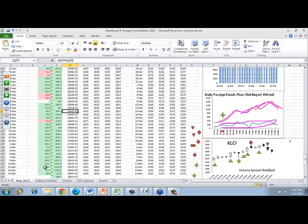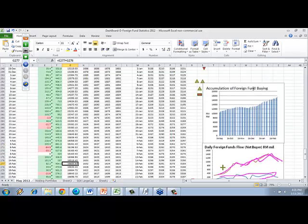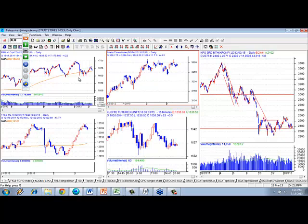Since February, all green, with the exception of 20th of February, every day has been a buy day, going as far back as January. Another better way to see this: since December and January, you can see the accumulation of foreign funds going higher and higher. So for emerging markets, Malaysia is relatively very bullish. However, sentimentally, the market is breaking down. Foreign funds and smart money are accumulating high quality stocks, which tells you there is no market breadth, meaning a few shares will do very well. So you have to do very well on picking those shares, and the rest of the market, your second liners or penny shares, will not do as well. That's my key message here. Foreign funds will support some of the high quality blue chip stocks, but the others is